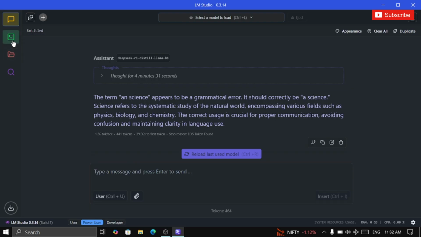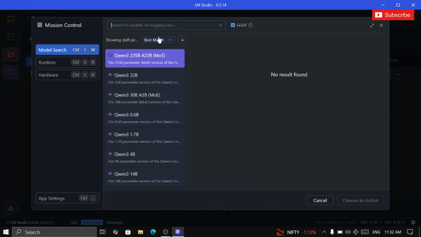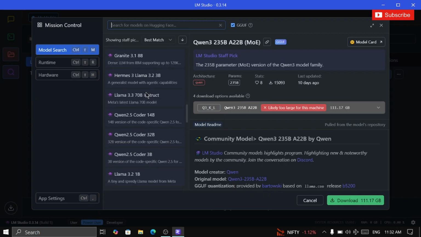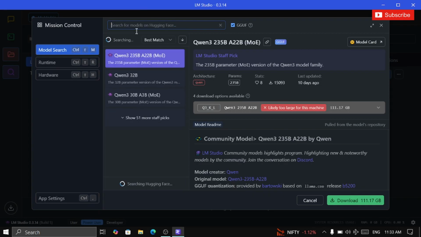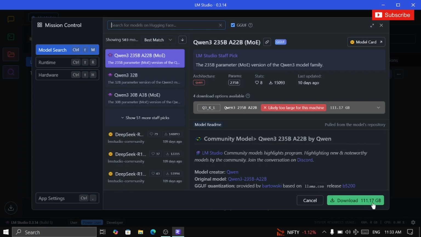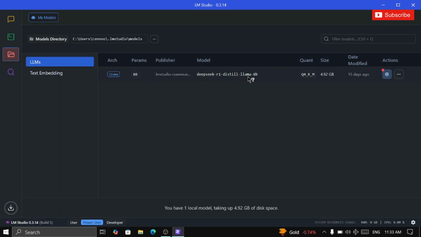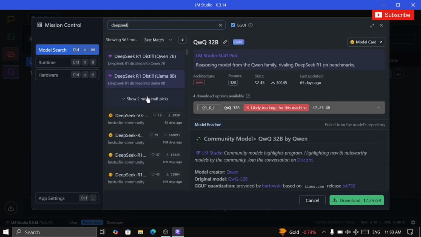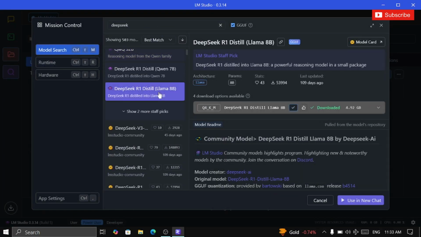So here you will get developer mode. Okay, you can just discover models here, and there are different models, guys, which you can download and install here. There are different models which you can try here. You can just click here, install them on your PC, and then it will be working. DeepSeek R1 distill llama has 8 billion parameters inside it. So I can just search for it, DeepSeek R1 distill llama. This one, 8 billion, and this model we have just installed, guys, the R1 model, which is around 4 GB,